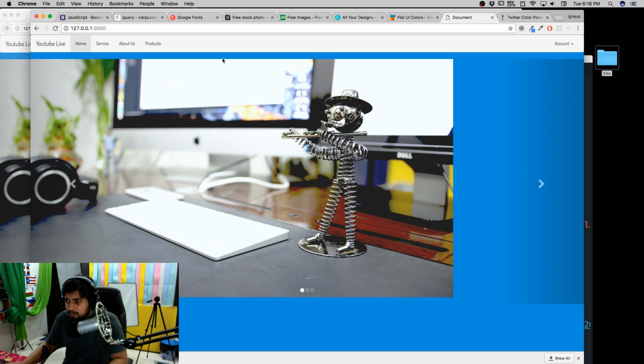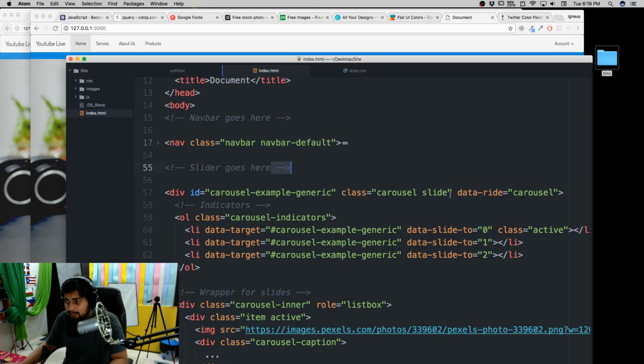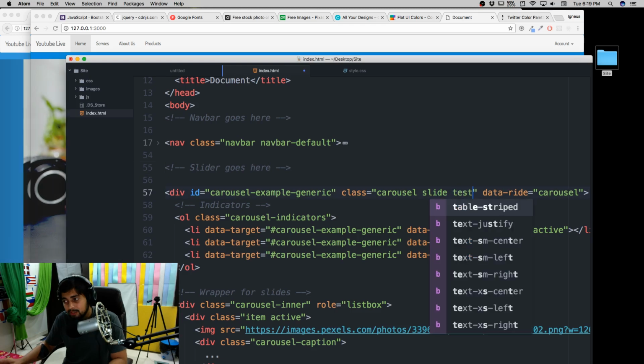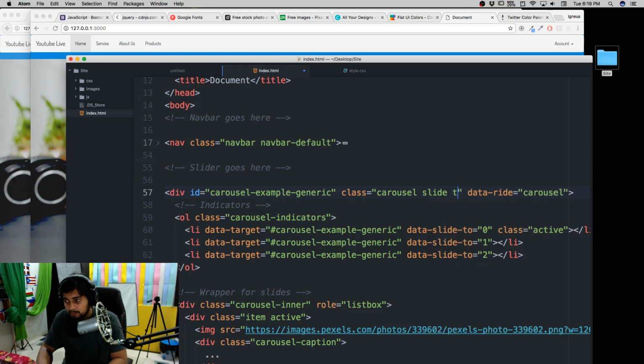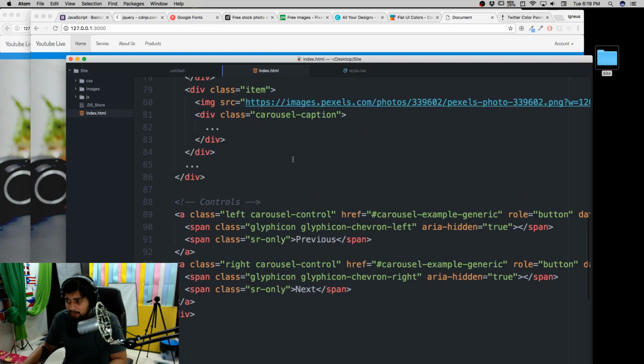And in case you want to adjust some of the heights and widths, maybe you don't like this margin, maybe you don't like this padding, at any point of time, you can give an extra class there, okay? You can give it a test there and write some CSS for that, okay? I won't be going into the detail of CSS there because it's already in my course, Complete Front-End Development. But I think we are going good now, okay?